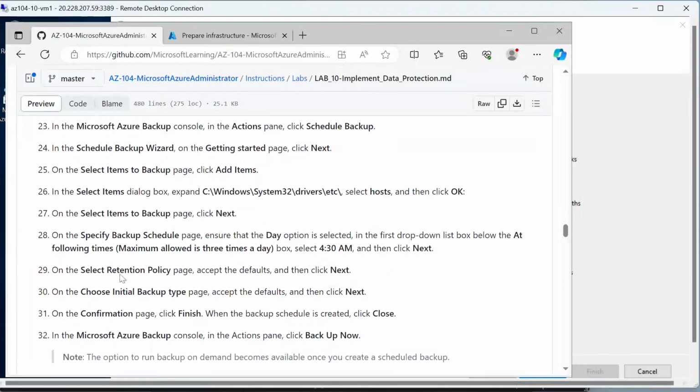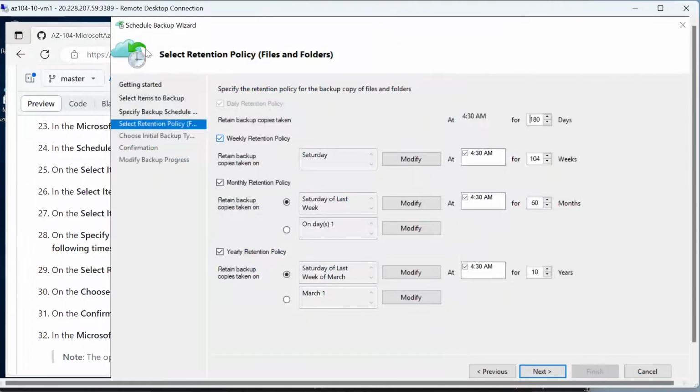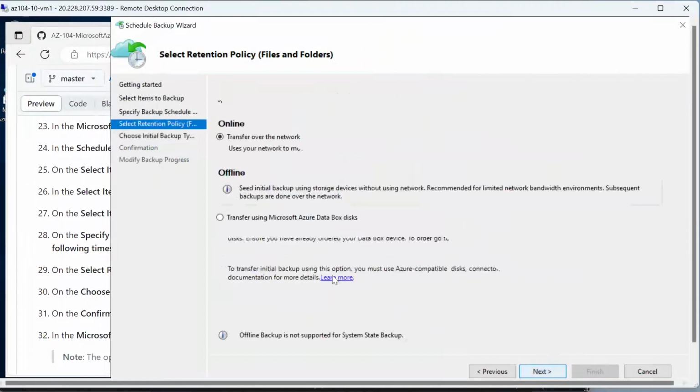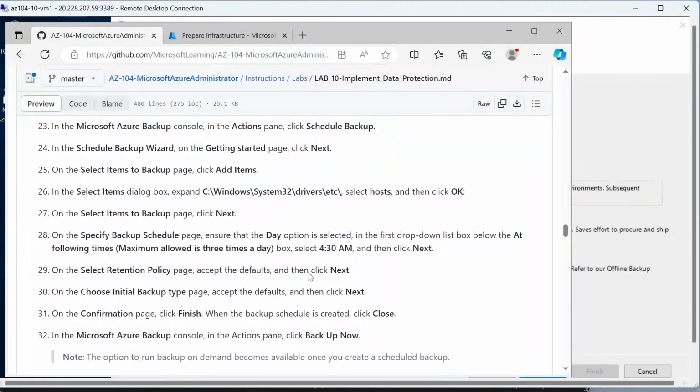Let's select the retention policy page, accept the defaults and click next. So this is the retention policy page. Everything is here. So we just accept the defaults and click next, or you can review it to understand what's happening. So next, then